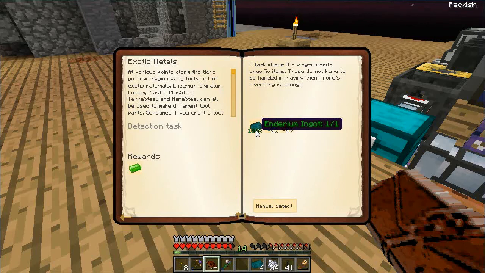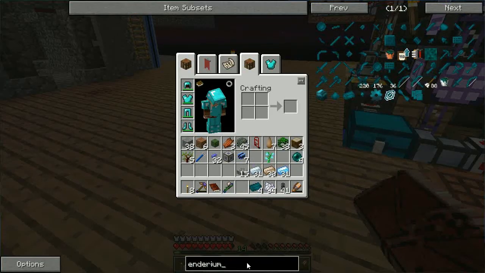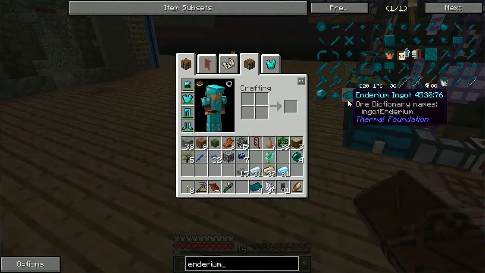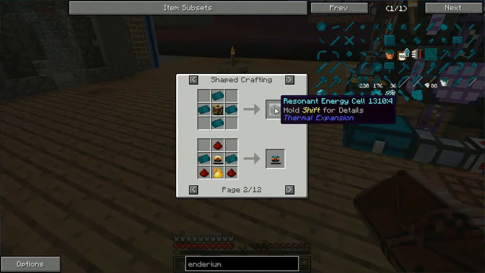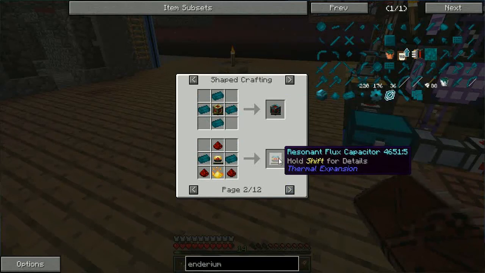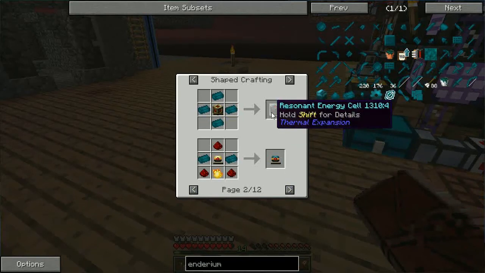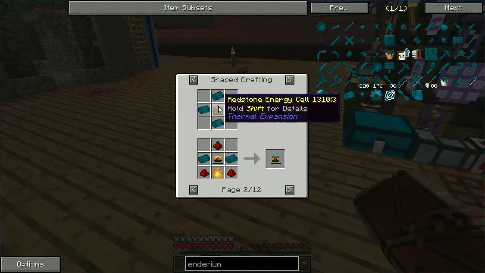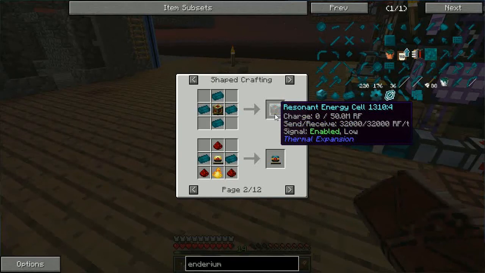But here we see we have additional Enderium. And so that's really going to help with a whole bunch of formulas. So if I go and look at the Enderium ingot, there's all sorts of things I can make. This will allow me to start making energy cells for storing RF power. So that appears the only way that we can, well, with redstone energy cells, but the resonant energy cell is going to be the 50 million. That's going to have the greatest storage amount,